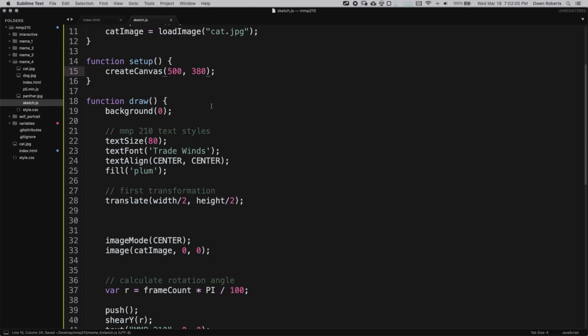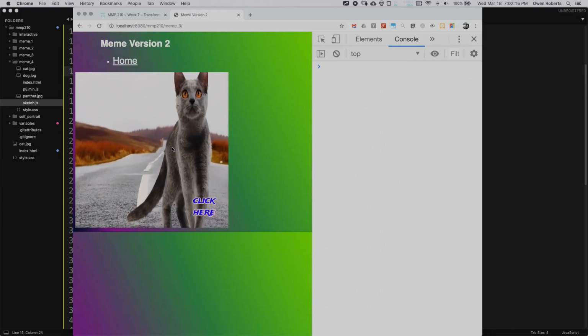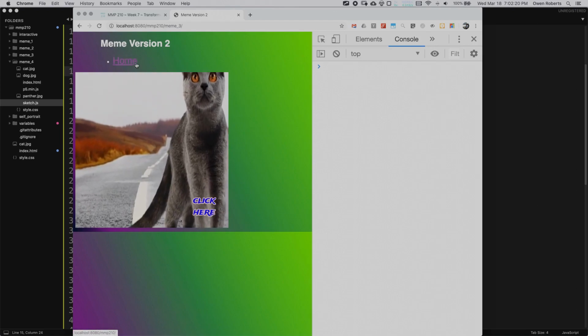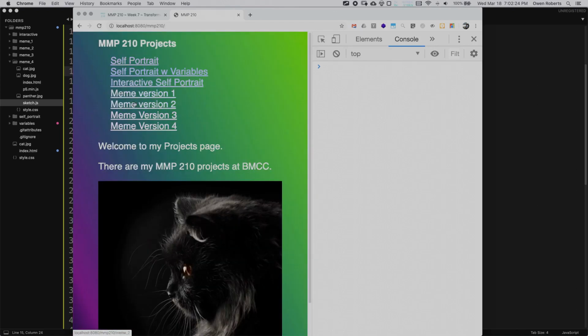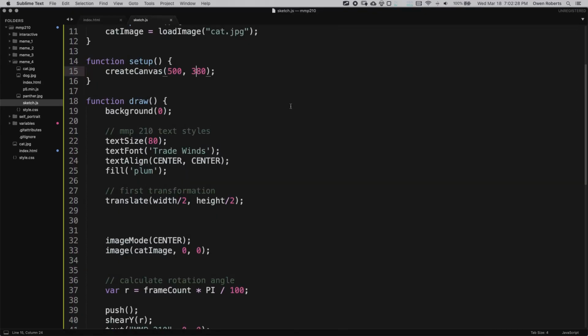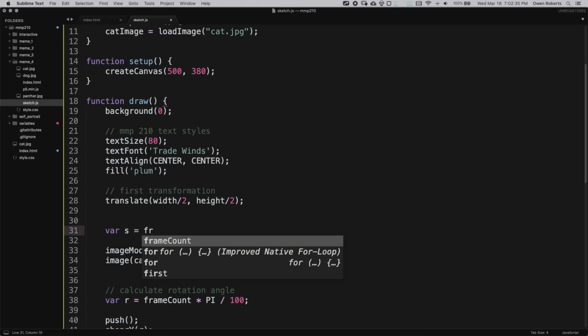So now I want to do an animation with the image. I'm going to kind of try to recreate the animation I did with the other image where I changed the size. So we can go home and take a look at that one real quick in number 3. So we kind of zoomed in on the image by changing the image size. But now I'll do the same thing. Instead, I'm going to use scale. So I'm going to create a new variable, S for scale, and I'll set that to,